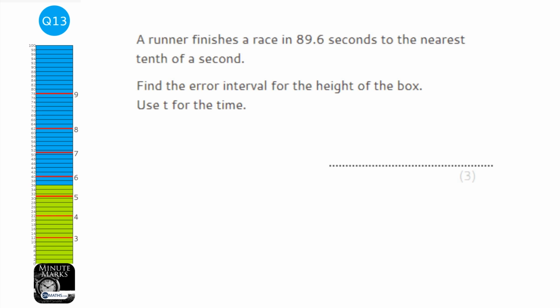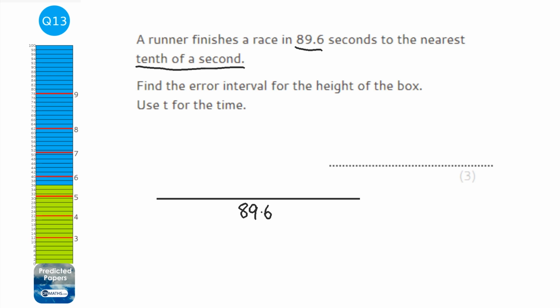Okay, so to do this question, I'm going to start off with a number line, and I'm going to put the number given to us in the question in the middle, so 89.6. Now it says it's the nearest tenth of a second, so what I want to do on the left hand side is put the next number down. So what could it have rounded to if it was slightly less? Well, the next one down would have been 89.5, and the next one up on the other side would have been 89.7. Now to find the bounds, we just find the halfway points, and this left hand one will be the lower bound, the right hand one will be the upper bound. So that's going to be 89.55 and